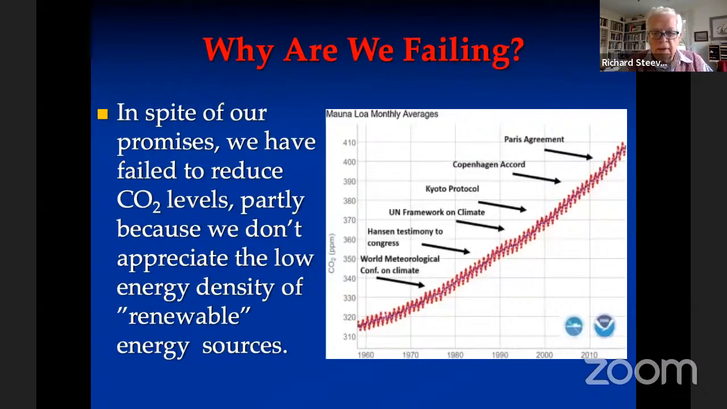Now, why are we failing, you could ask yourself? And look at this modification of the Mauna Loa monthly averages by looking at these times of meetings, famous meetings held back in early 1970s. James Hansen's testimony to Congress in 1988, when we were at 350 and he said we shouldn't get any higher than that. We've actually had a famous group that a lot of people know about called 350.org based on Hansen's comments. And that organization is denying the utility of nuclear and doesn't want to learn about it. Then we come to the UN Framework on Climate, the Kyoto Protocol, Copenhagen Accord, and Paris Accords. And in spite of that,